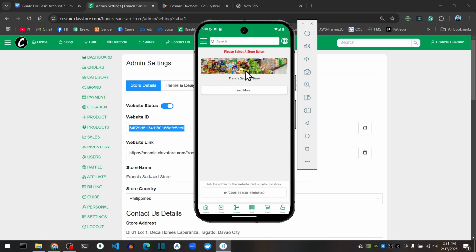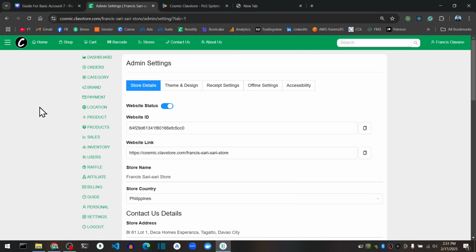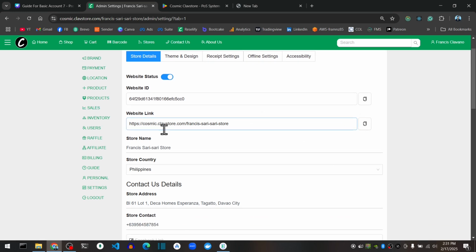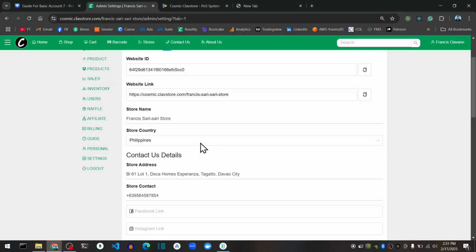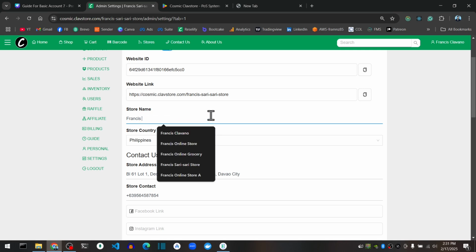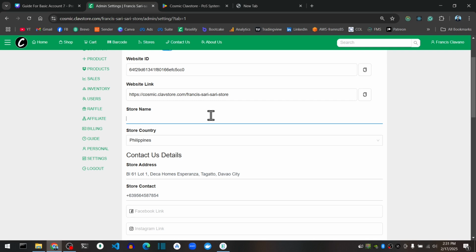I have here the Francis Sari Sari store, which is this one. To make it clear to you, I would like to change the color, the text and the theme of this mobile app, or my account. Instead of Francis Sari Sari store, I want to change this to, shall we say, Manila Online Shop.